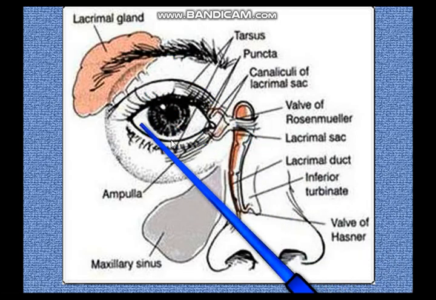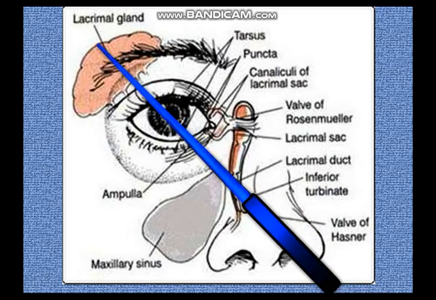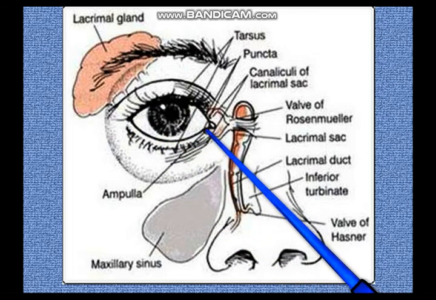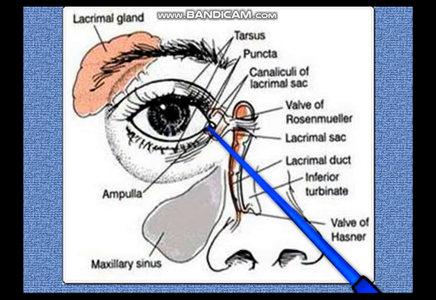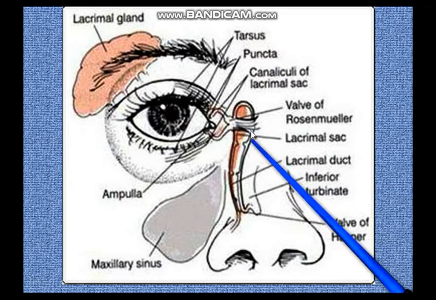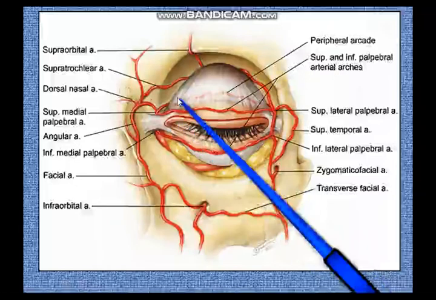And again we remind you that the tear fluid has three layers. One oily layer contributed to by the tarsal glands, one aqueous layer contributed to by the lacrimal glands. Apart from this, you have the minor lacrimal glands within the conjunctival sac, and then you have the mucous layer contributed by the goblet cells of the conjunctiva itself. So you have already studied a lot about these lacrimal